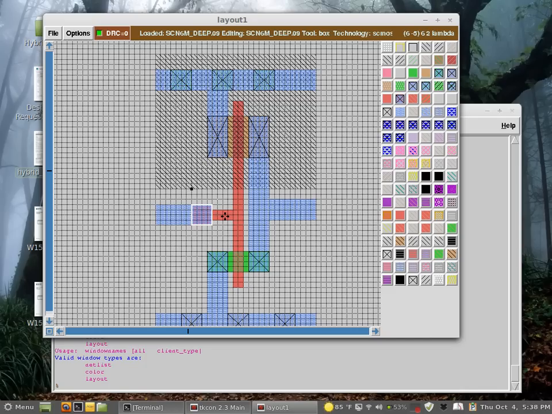Let me place my poly here, and this is called poly contact, and I have to use this one. Now I can move this to the, no I can't. See, this contact cannot be close to,